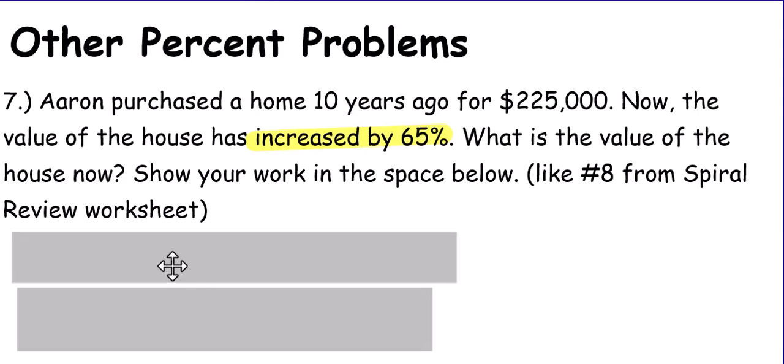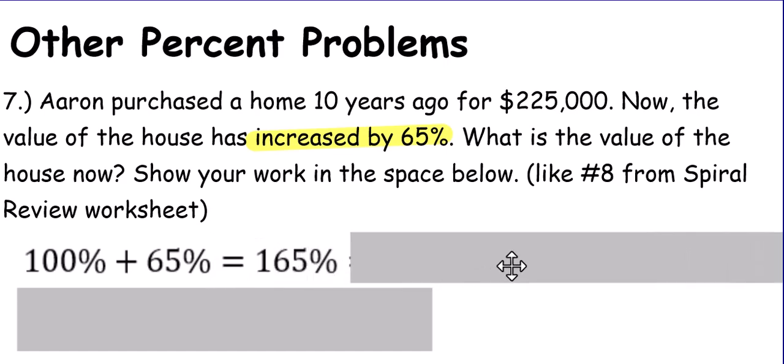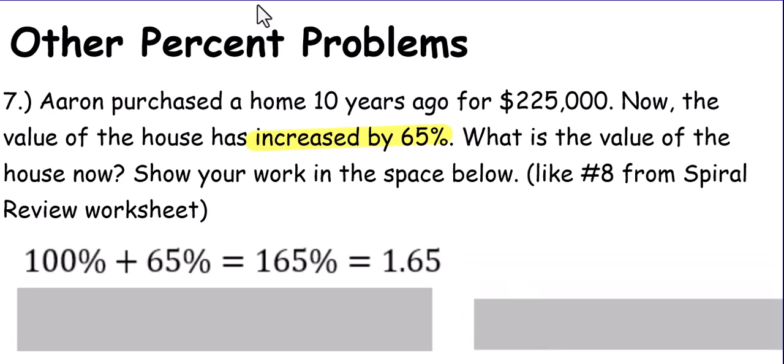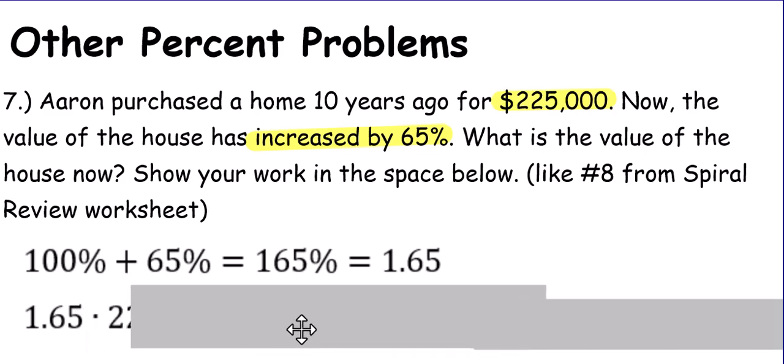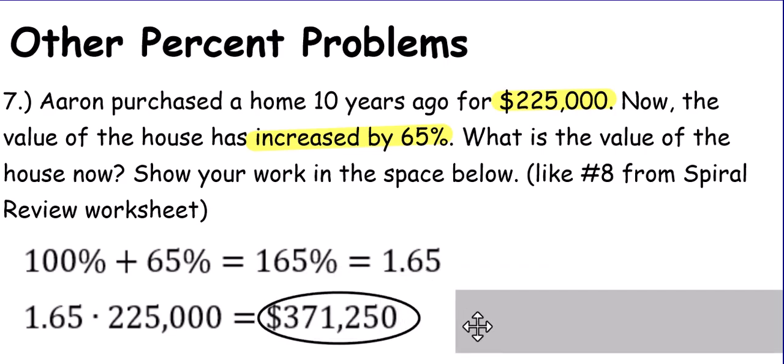So what I would do is 100% plus 65% to get 165%, as a decimal, that will be 1.65. Now we want to multiply that by the value of the home 10 years ago, which was $225,000. So let's take 1.65 times the $225,000. This will get us the value of the home now after that 65% increase,